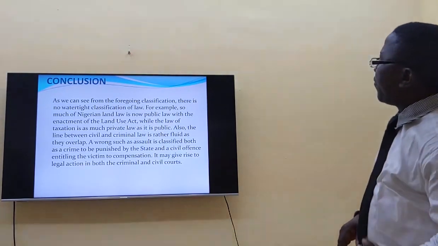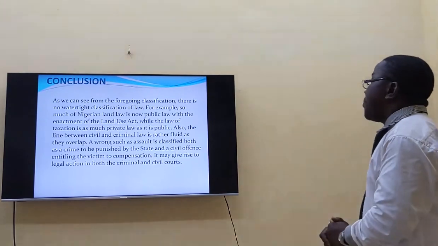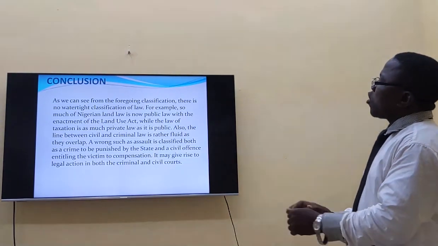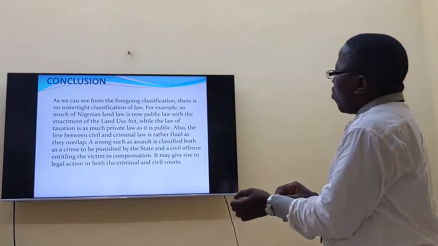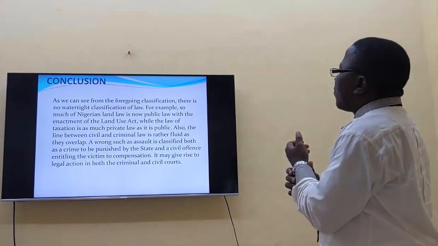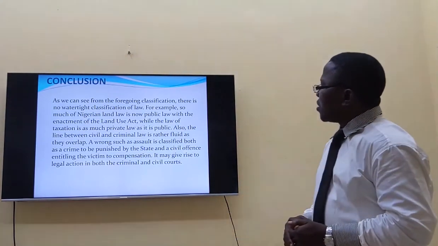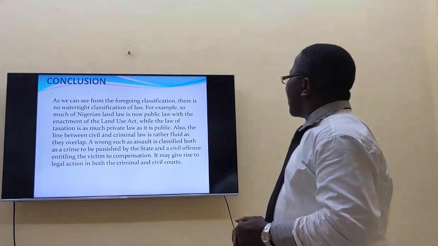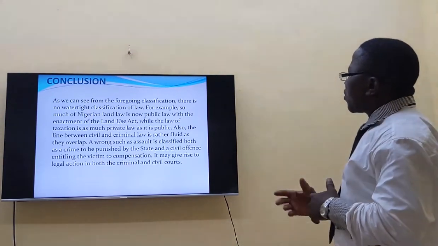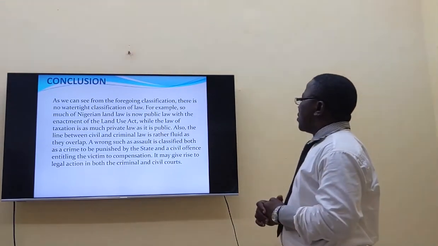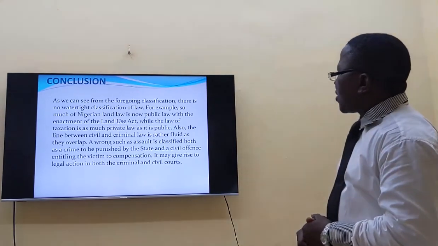As you can see from the foregoing classification, there is no watertight classification of law. For example, so much of Nigerian land law is now public law with the enactment of the Land Use Act. While the law of taxation is as much private law as it is public. Also, the line between civil and criminal law is rather fluid, as both overlap. A wrong such as assault is